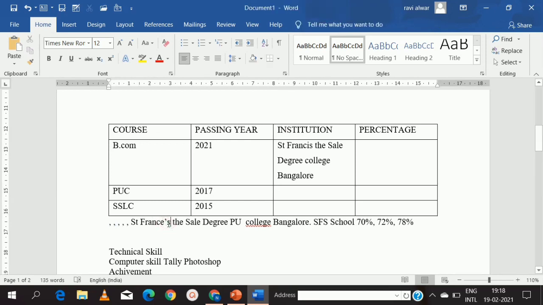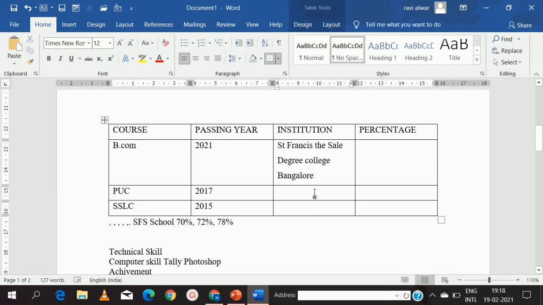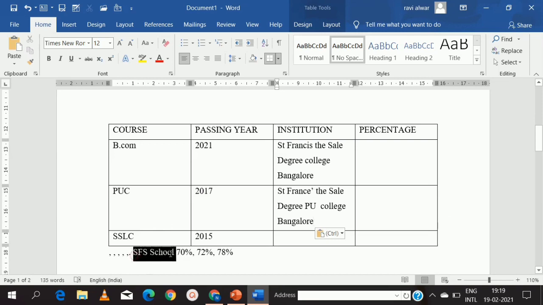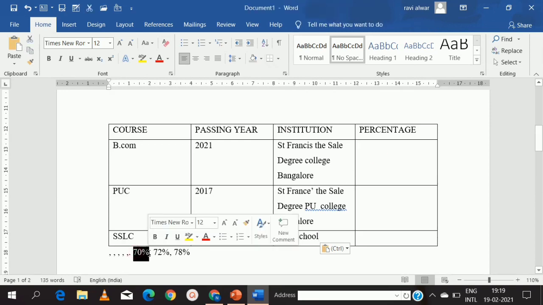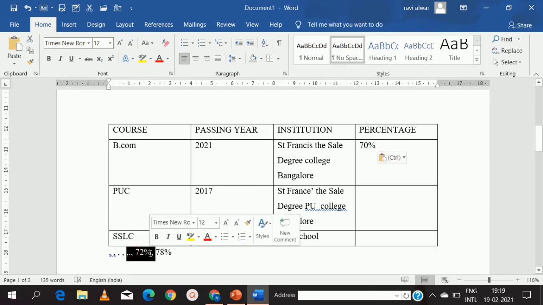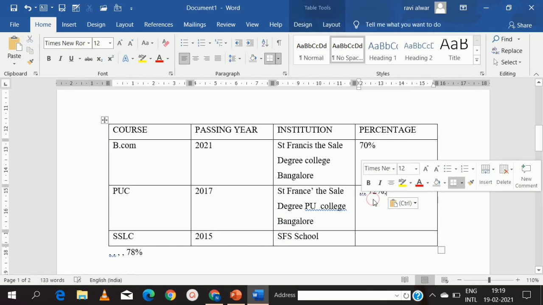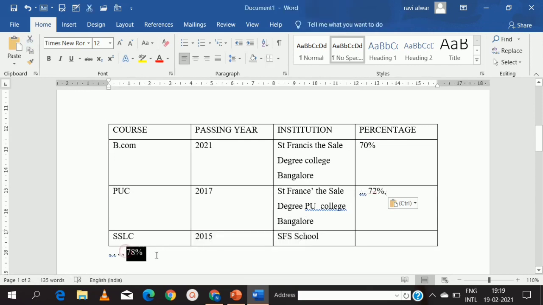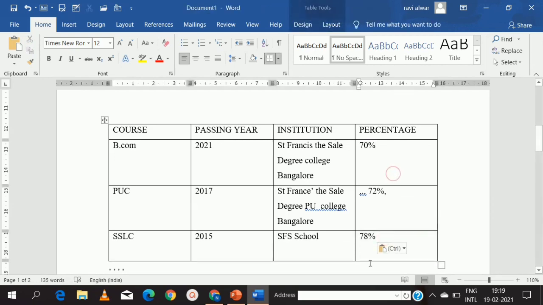I'm going to select for PUC, PU College Bangalore. I'm going to paste, Control V is for pasting. Then I have SFS school, cut and paste. So I am done with this information. Then I'm going to put my percentage. I'm going to paste here this information. Now my table is ready.